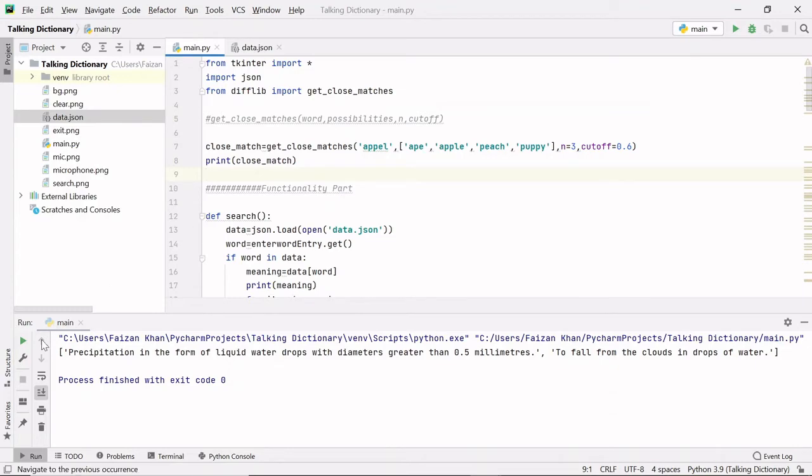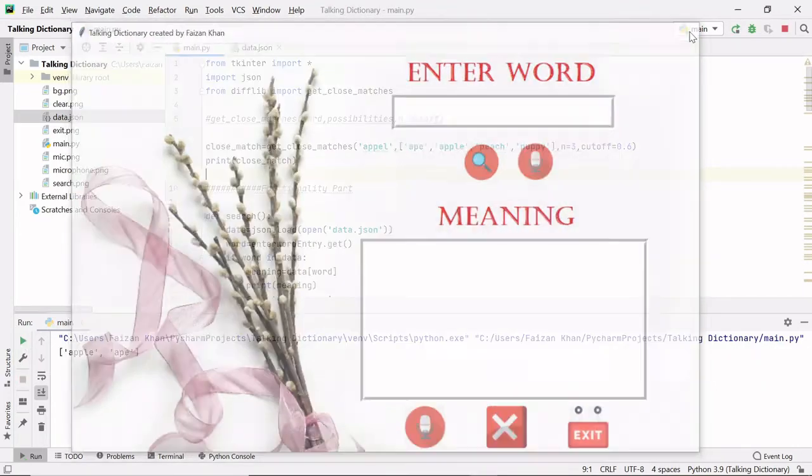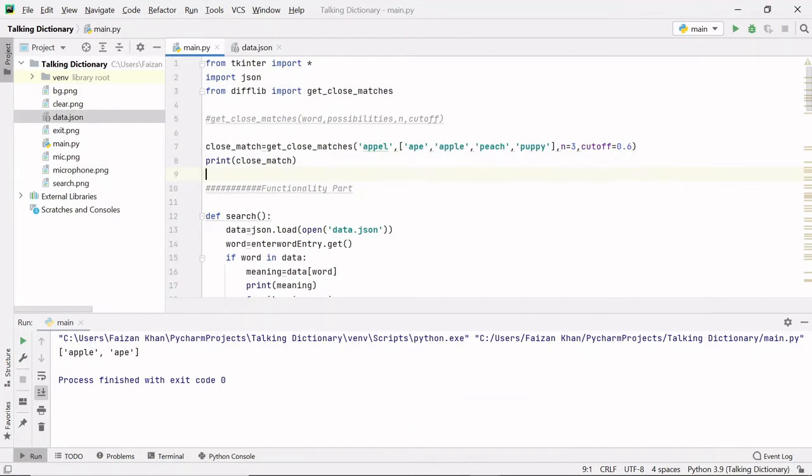Let's run this. This close_match is simply storing these two values, apple and ape. So the closest matches for this word apple are ape and apple.